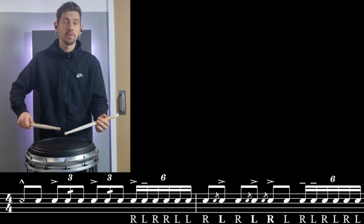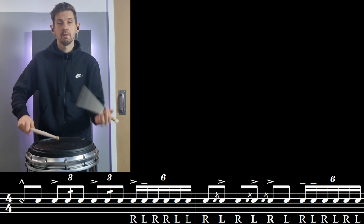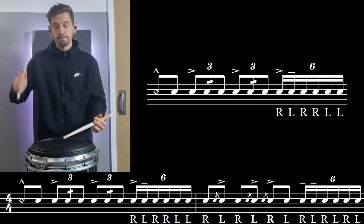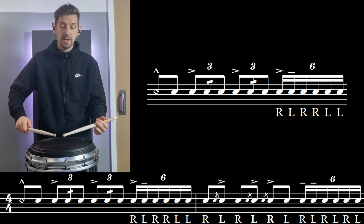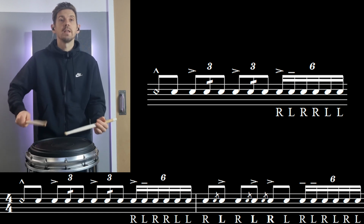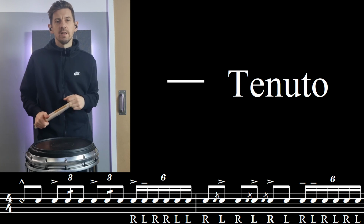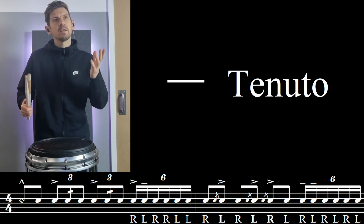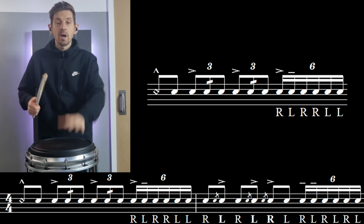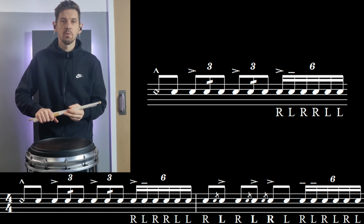First bar, we've literally just got this. So rim shot with an eighth note to follow it, and then 2 taps, and then a paradiddle. Now the paradiddle has got a tenuto written on there. That's that little line that goes across like this. That in music for other instruments means slightly different things. So in marching drumming, we've started to use that more and more for basically kind of a semi-accent, or a drop